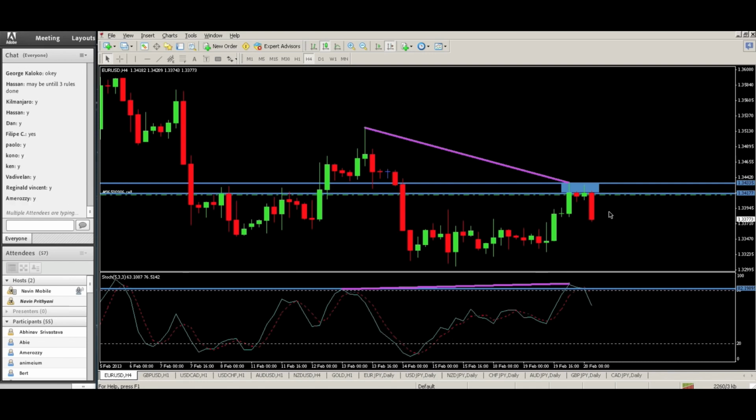Okay. So now always remember one thing. When you're doing this on certain currency pairs, try to do them on all 3 time frames. When I say all 3 time frames, if you're a 15-minute guy, do it on 15, 30, and 1 hour. If you're a 1 hour person, do it on 1 hour, 4 hours, and daily. In this particular case, the 4 hour says short as per the divergence, or opposite. Let's take a look at the daily.